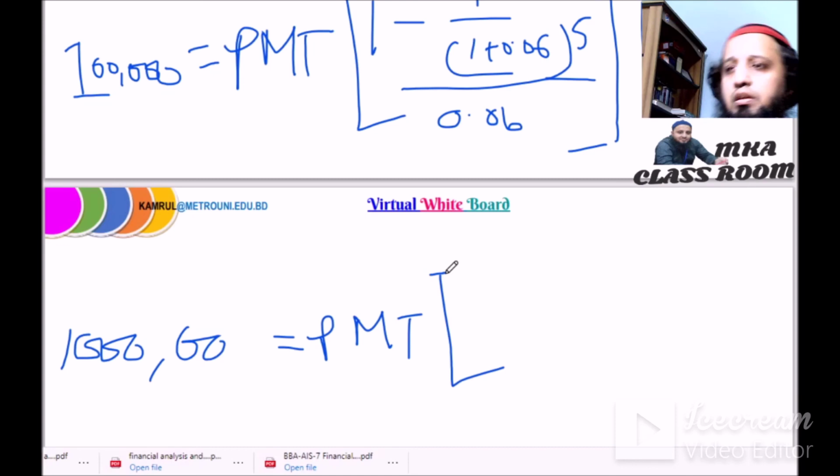Then if we solve this problem, 1.06 power 5, this answer, 1 minus this answer, divided by 0.06 into 1.06,